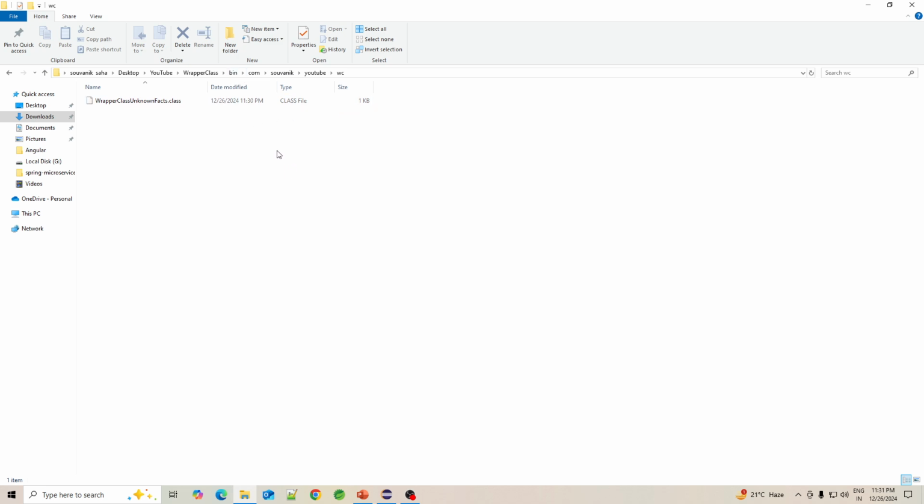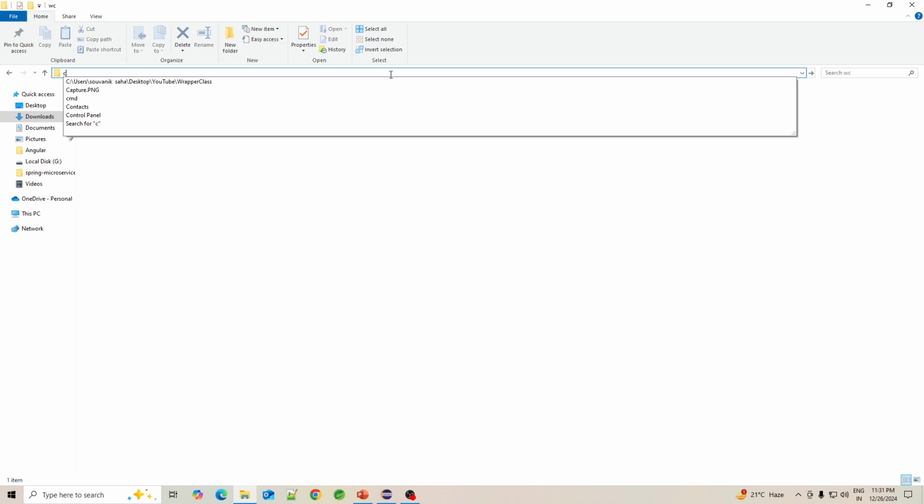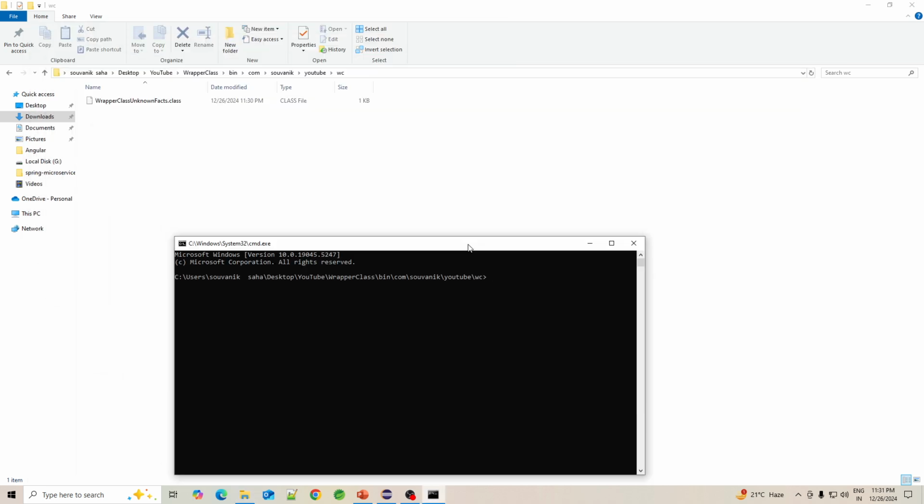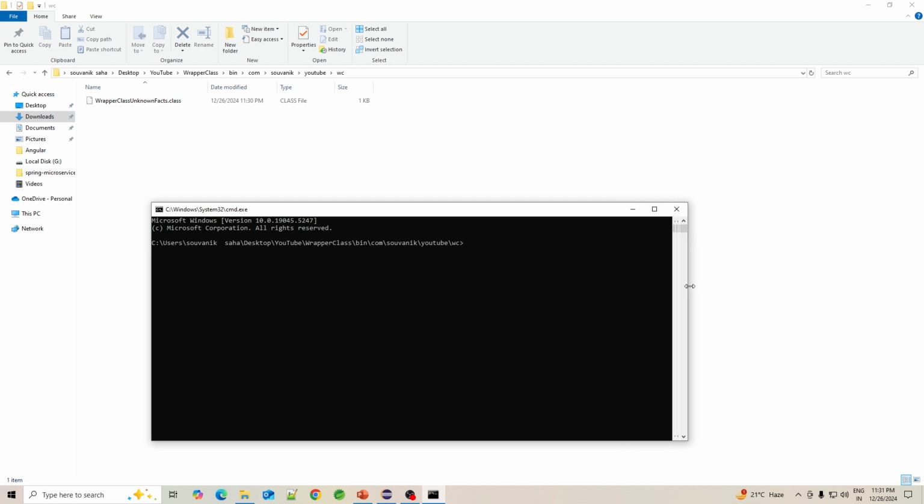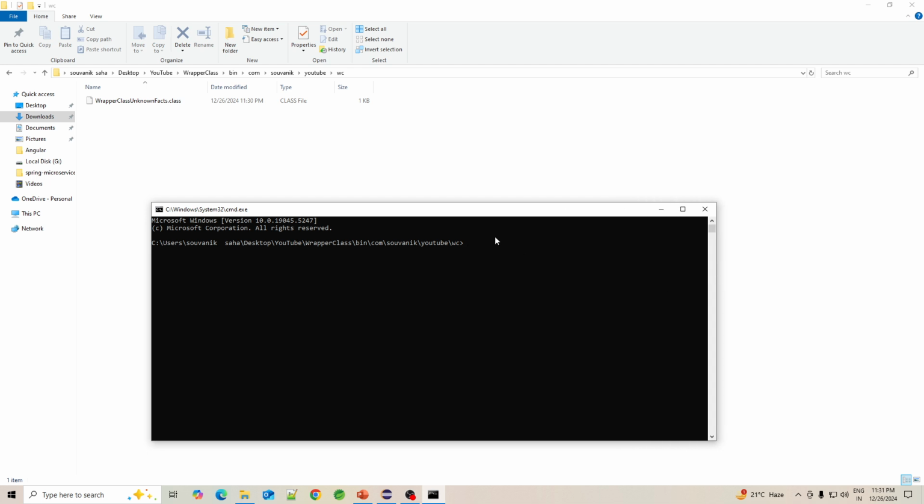If you go to this folder, you will find the bytecode, the .class file, and I will run one command to open the bytecode and see whether autoboxing and unboxing is really happening by the compiler.